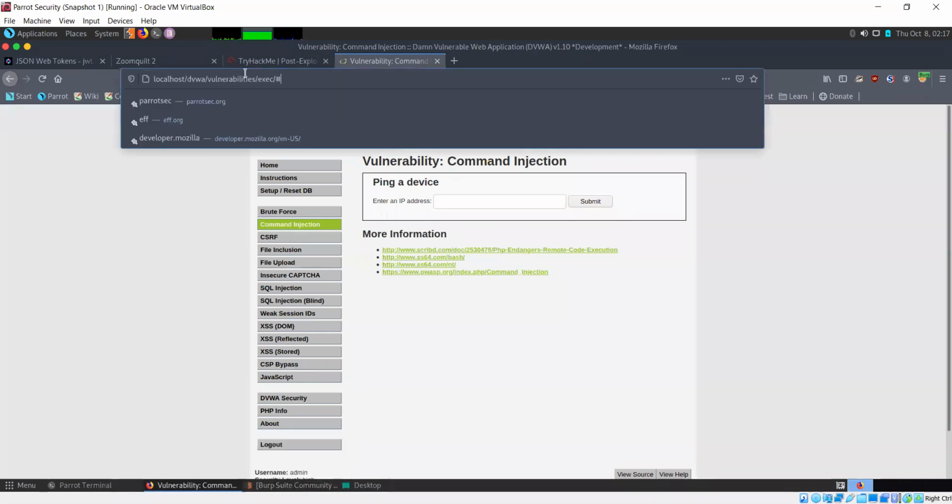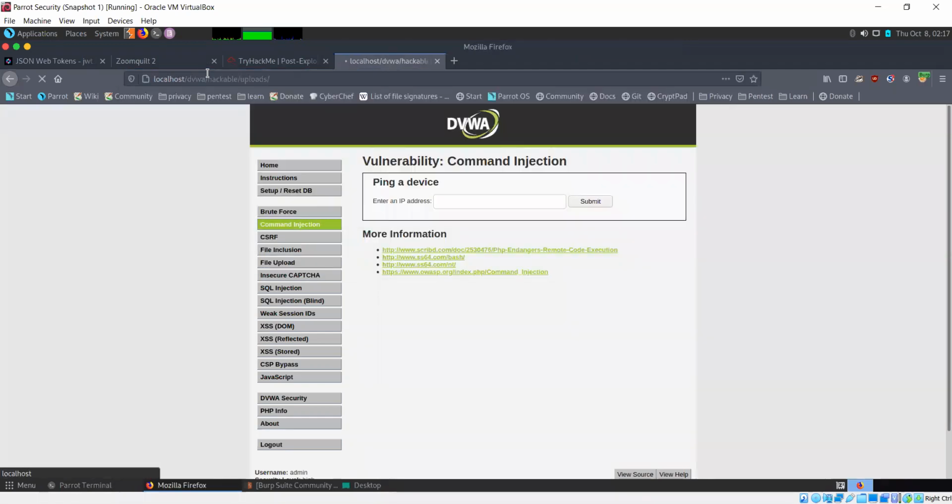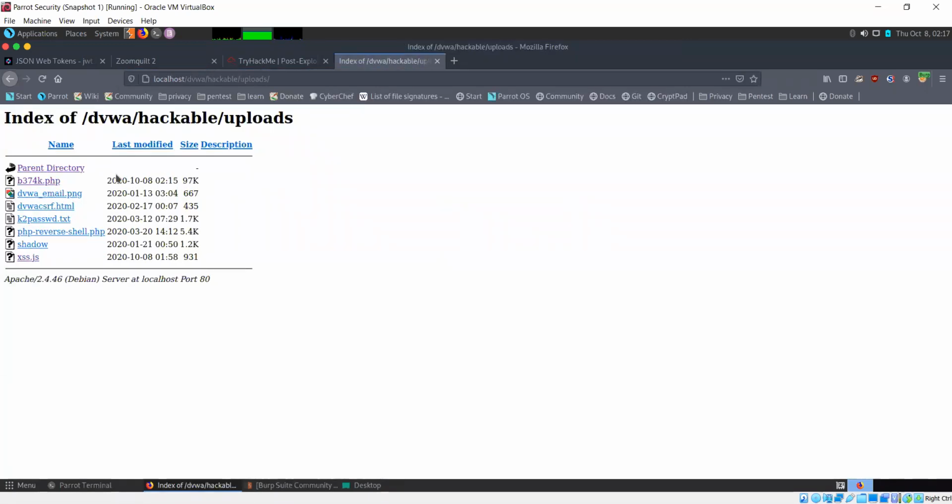Okay, now I'll have to check whether it worked or not. So it worked. Our command ran. We used the command injection vulnerability. So we used that to change the b374k.php.jpg file back to the PHP file.